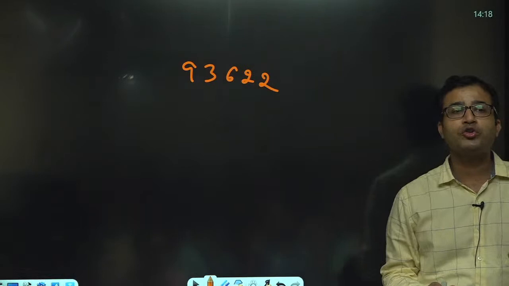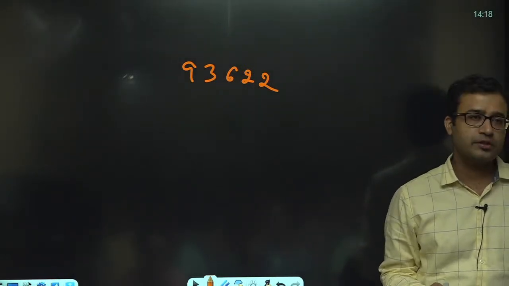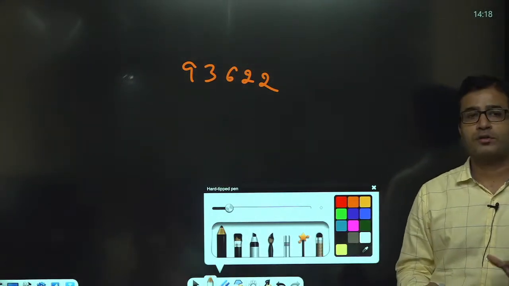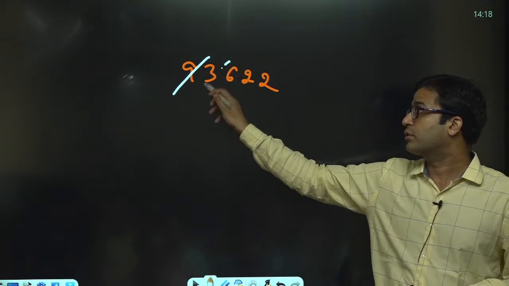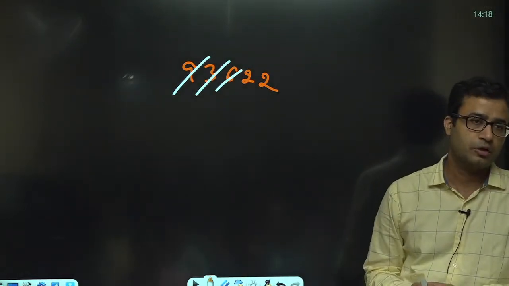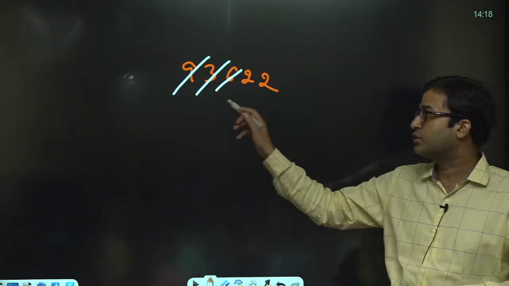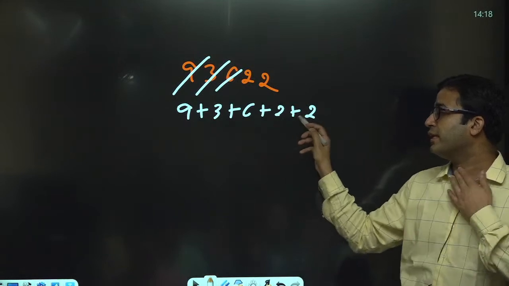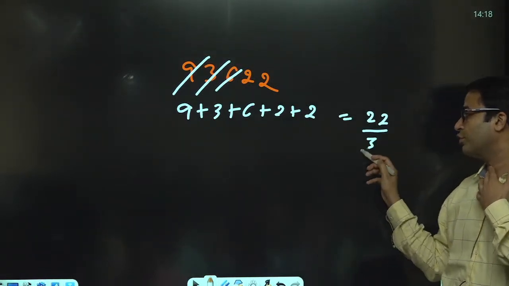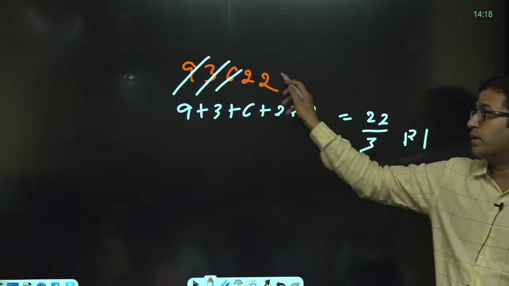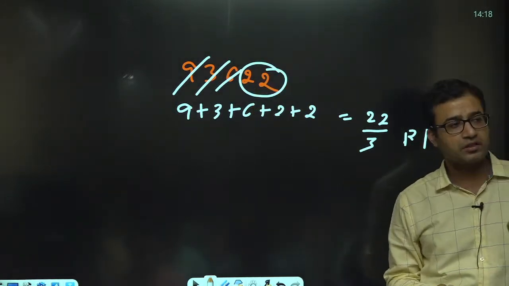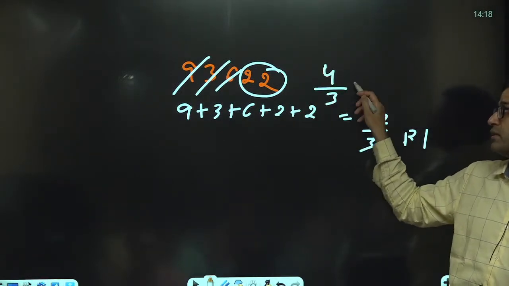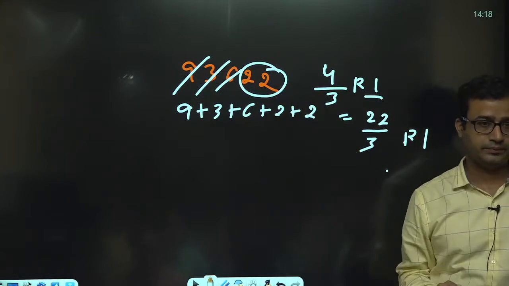Here I tell you, without calculation also we can solve this type of thing. Wherever you have 3 or multiple of 3, ignore. 9 ignore, 3 ignore, 6 you ignore. No need to carry in addition, because if you carry 9 plus 3 plus 6 plus 2 plus 2, 18, 20, 22. 22 divided by 3, your remainder is 1. But our concept says wherever 3 or multiple of 3, hatao. 4 divided by 3, remainder 1. So directly,